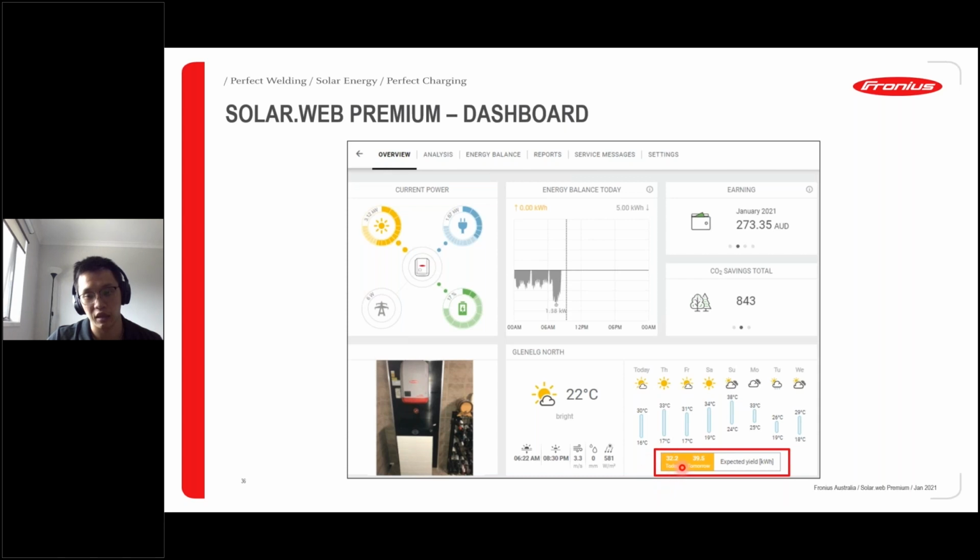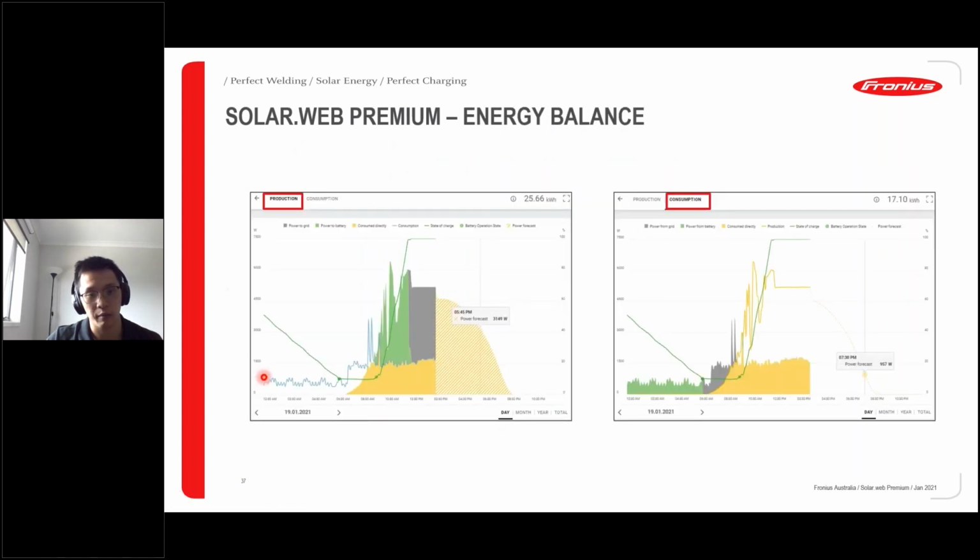So today it's saying in kilowatt hour how much it should produce, and tomorrow how much energy it should produce. So this is the first thing, the first modification on the main dashboard or on the overview page there. All right, so then if I click on energy balance, then we go back to where Pat shows you